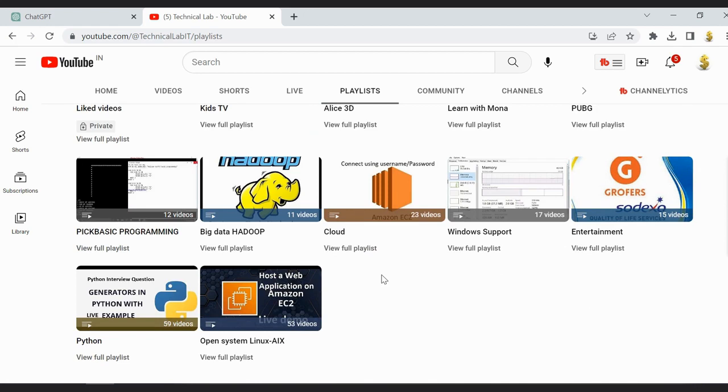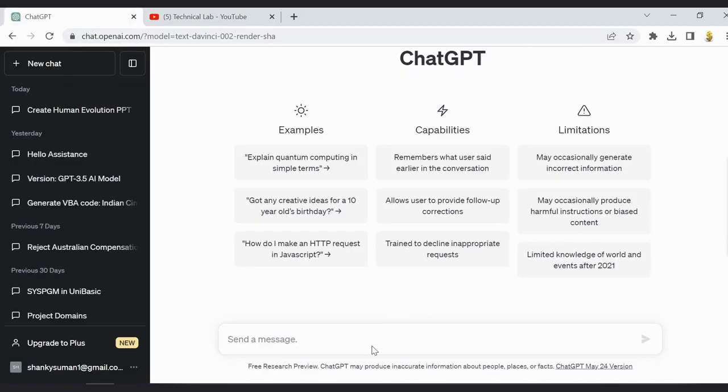Okay, so let's start the process. As I said, we will be using the PPT VBA code. It is basically Visual Basic Application code. So what I'm going to tell ChatGPT is that I want you to generate VBA code for creating PPT on a topic that you can decide based on your requirement. You can give any topic you want. So let's say I want to do